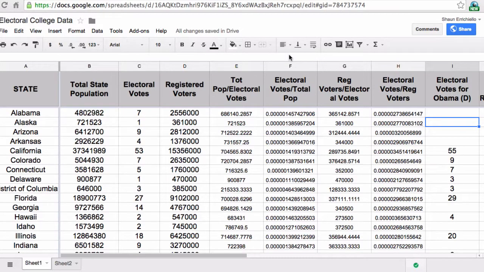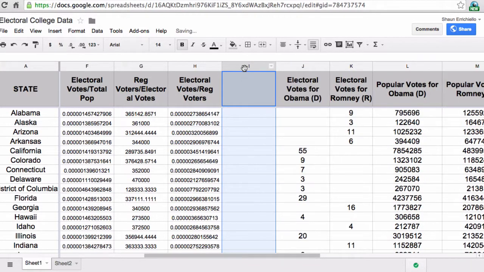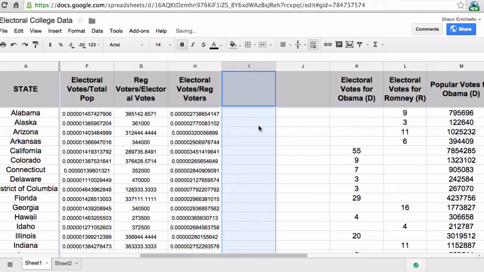The second issue we're going to examine in our spreadsheet is how many votes are lost during the electoral process. In other words, how many votes don't really matter. So I click column I. I'm going to insert a column to the left, insert left again, and these columns we can title Democratic votes lost, and then the Republican